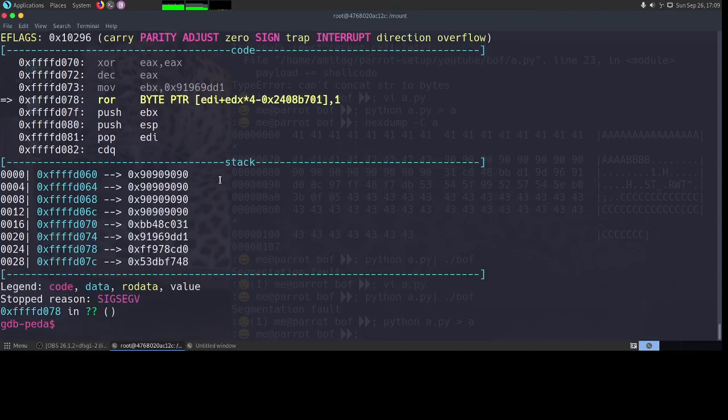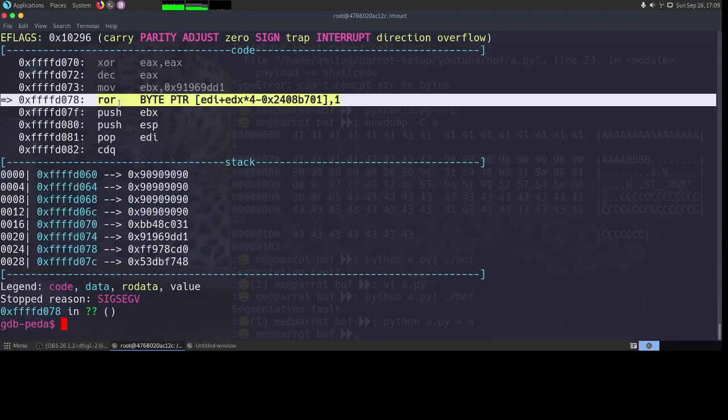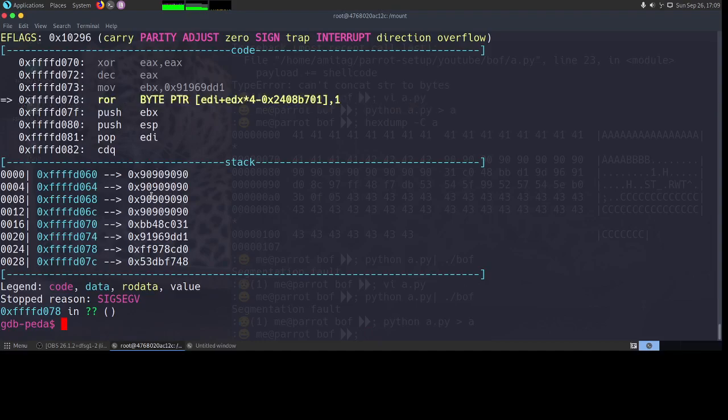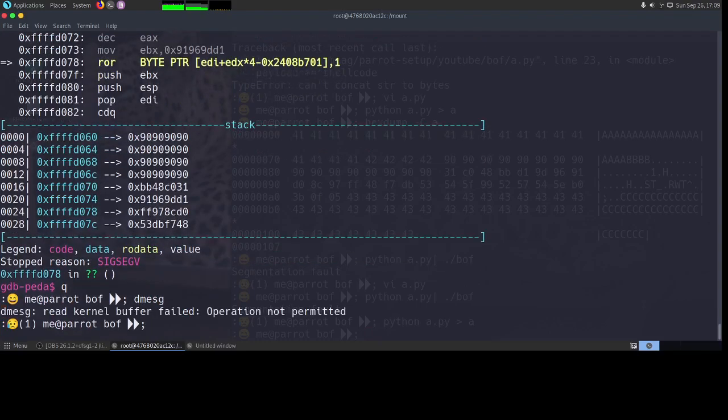Now here we can see that suddenly we are seeing the stack with our 90s, but it is somewhere else and it is not in the right place; it has not come to our NOP sled. So let's try to understand what has happened. Let's quit out of this. Now, there is a dmesg command.